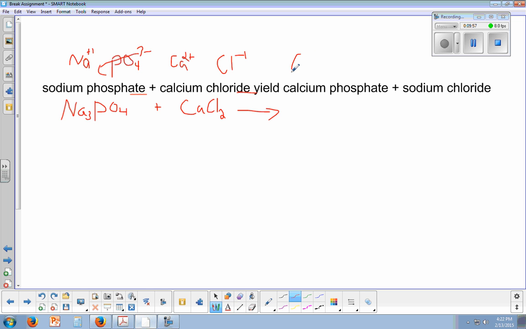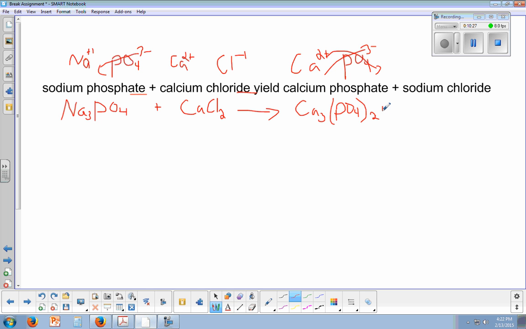Calcium phosphate. So now we have Ca positive 2, and we're putting that with phosphate, which is PO4 with a minus 3. We did that before. So now when we cross, I do have to keep PO4 in parentheses because I'm going to have a 2 coming out here. Remember, we cannot change this 2. So Ca is going to get a 3, so it's going to be Ca3,